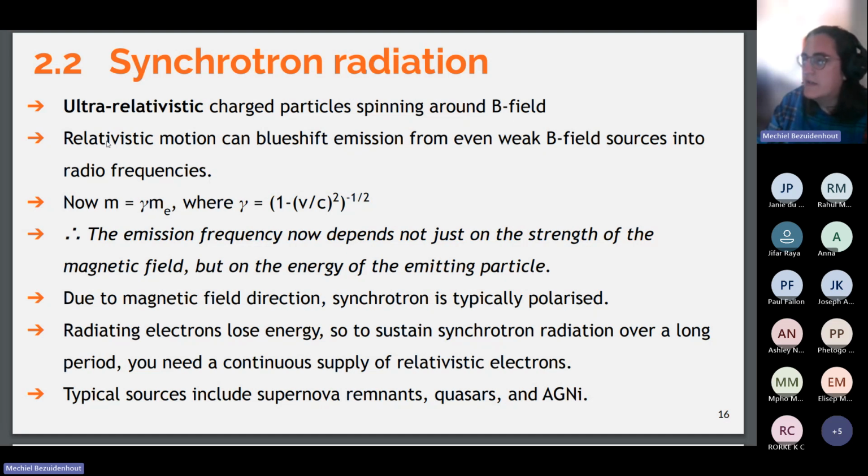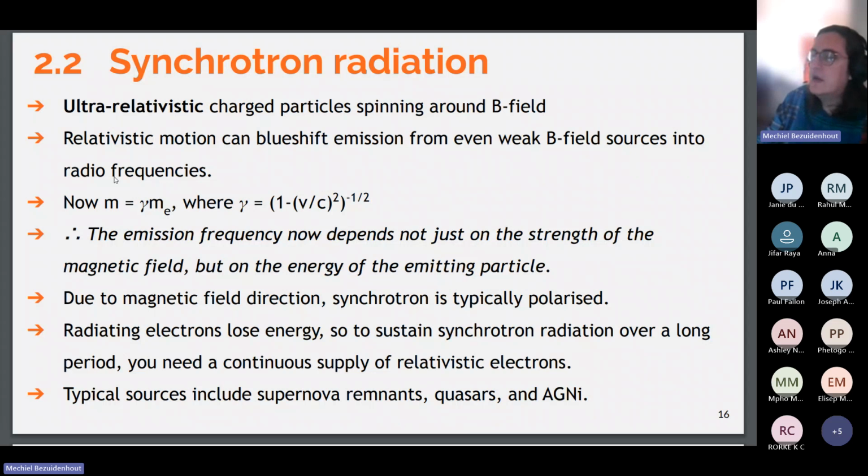But because of their relativistic motion, if the electrons are traveling in our direction, in our line of sight, that photon is blue shifted. It's Doppler shifted to a higher frequency, to a higher energy, and that can blue shift the emission from even a weak magnetic field source up into radio frequency. So that's why we tend to see synchrotron radiation more than cyclotron